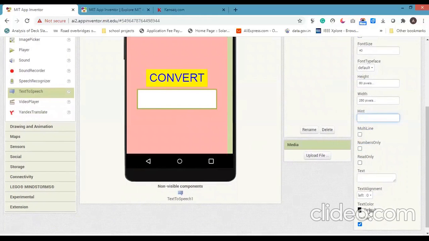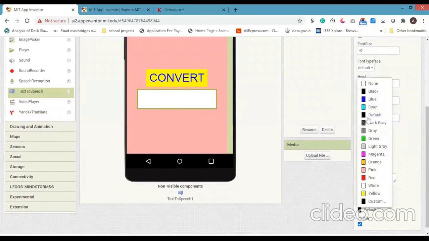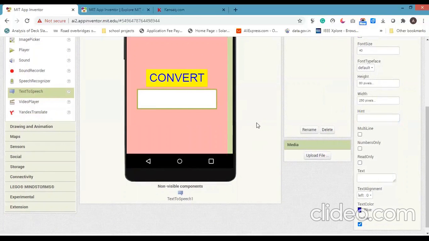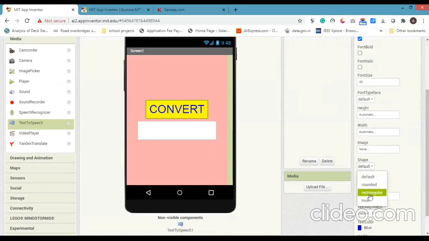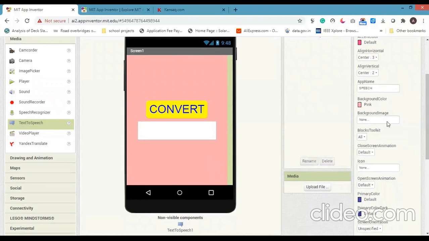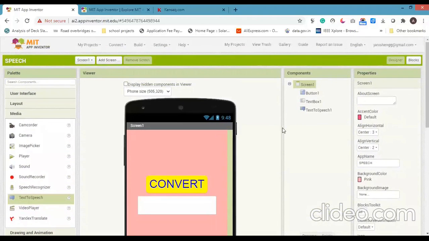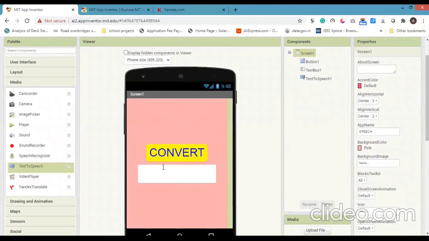Text color I am going to change. I am going to change the shape of this button. You can use round, rectangular, or oval. Now the front end design is completed.